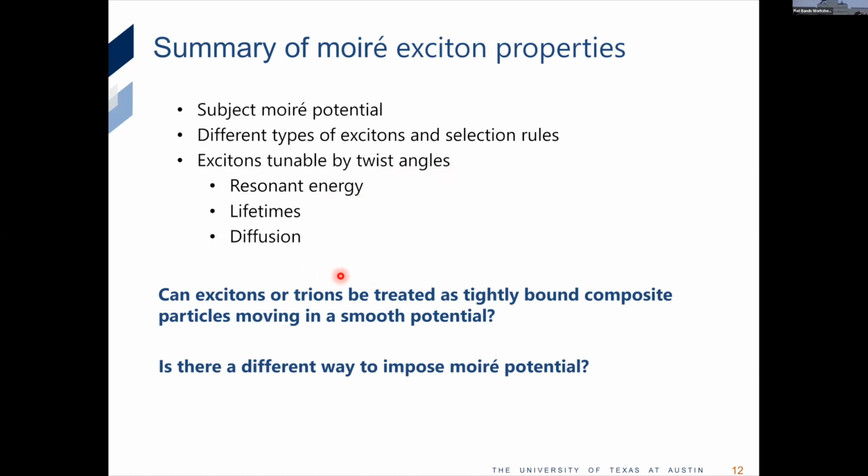As I mentioned, the bottom of the conduction band and the top of the valence band actually do not always occur in the same location within the moiré supercell. So this is a very naive picture that we all used in the early days. And also, we realize that as you twist and the layers try to achieve a tighter confinement, you're also changing all these other properties simultaneously. This is not desirable. So we were searching for a different way to impose moiré potential to localize carriers and